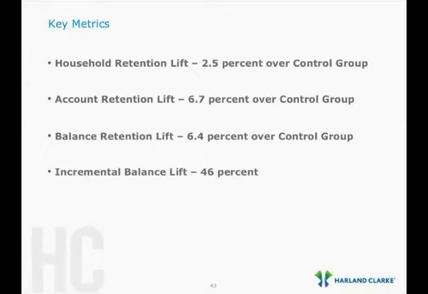And then if you look at the balance retention lift, balances are growing with these customers, so even without that hard sales push and really focusing on the engagement services early on, we're still getting more of the pie from that customer. And if you look at the incremental balance, it's up over 46% from the control. So it's been a quite successful endeavor, a quite lengthy endeavor, and one that continues to evolve.